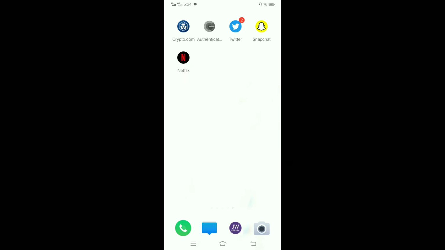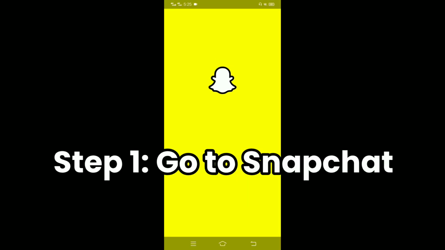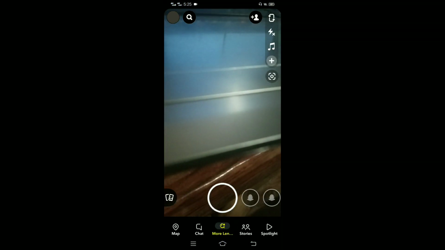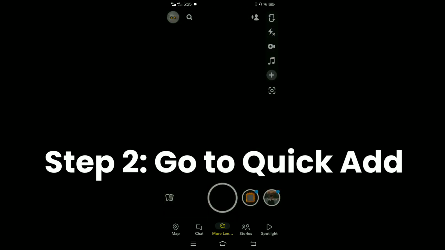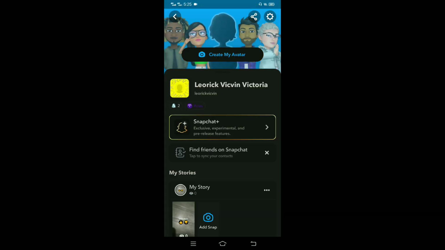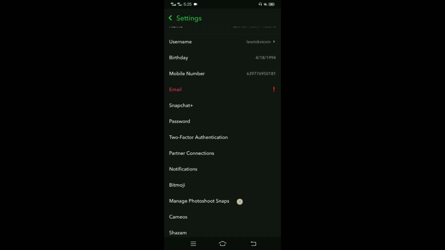So to do that, first you need to open your Snapchat and then log in to your account. Tap your profile at the upper left corner. Then tap settings at the upper right corner. Scroll down